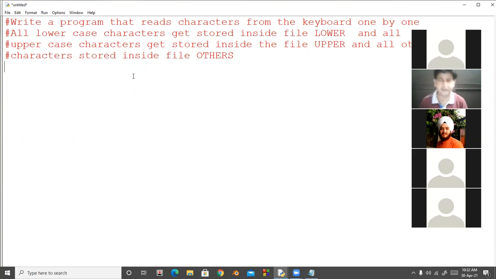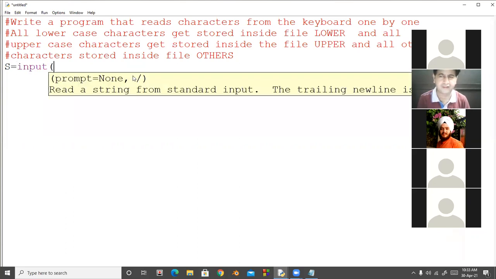Character wise. Good beta. Look at here. Sir, will we use range here, for I in range 65 to 97? Look at here. I first get the input from the keyboard, one string. Enter the string.